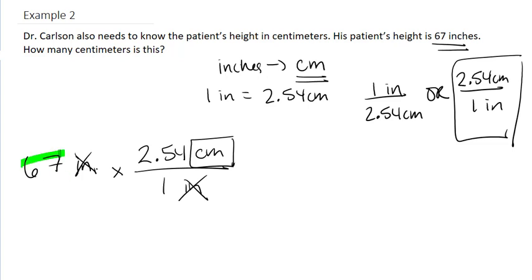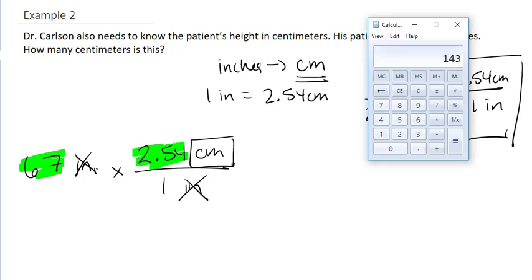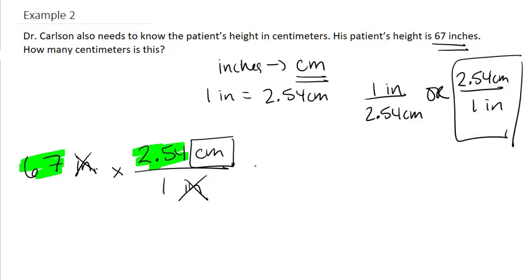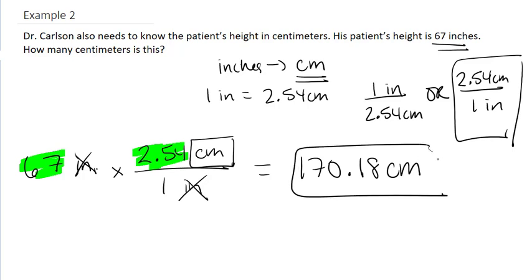Then the next thing is to multiply these two numbers. So we get 67 times 2.54, which is equal to 170.18 centimeters. So this is the patient's height in centimeters. So it's important to write,